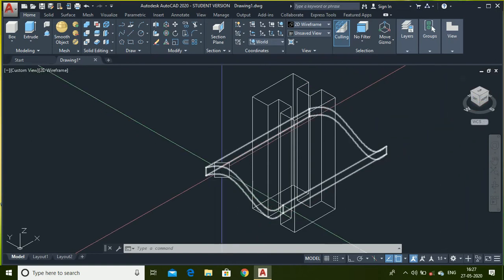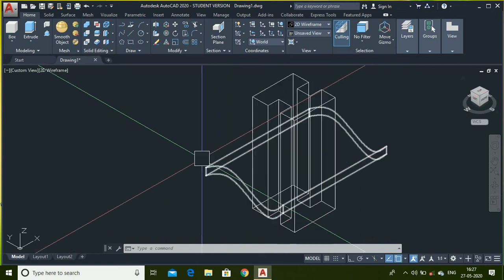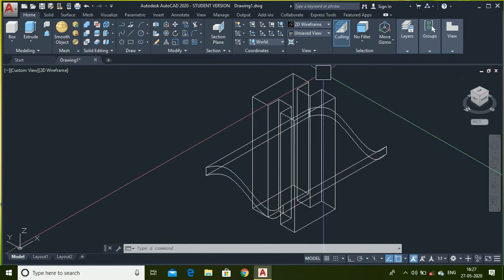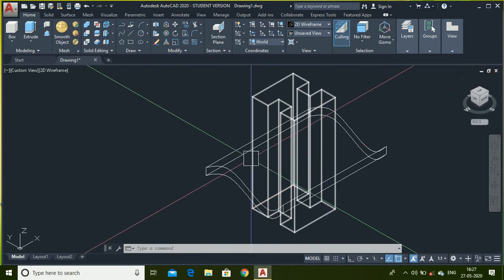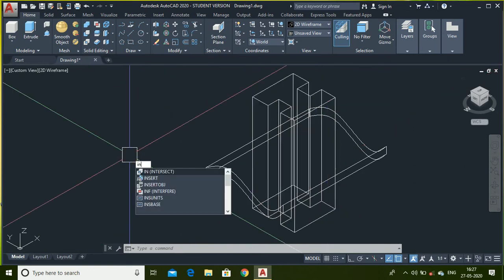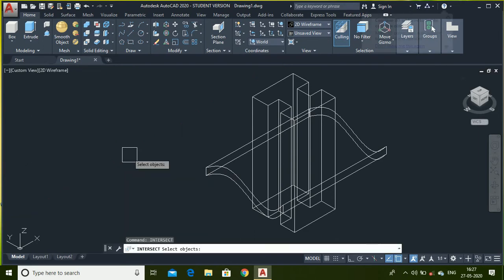For that kind of purpose you can use the intersect command. The intersect command produces the material which is in between this eye section and this curve. For that simply type intersect, press enter.